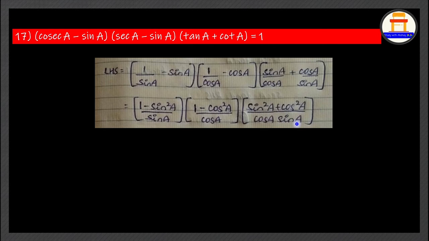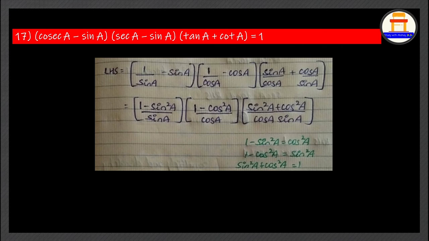One result which we all have to remember: 1 − sin²A can be written as cos²A, 1 − cos²A can be written as sin²A, and sin²A + cos²A = 1. Just by transposing a few places here and there, we are playing with the same identity, sin²A + cos²A = 1. This is the only relation we are playing around with in order to get the result. There is no place for tension or confusion. Right?